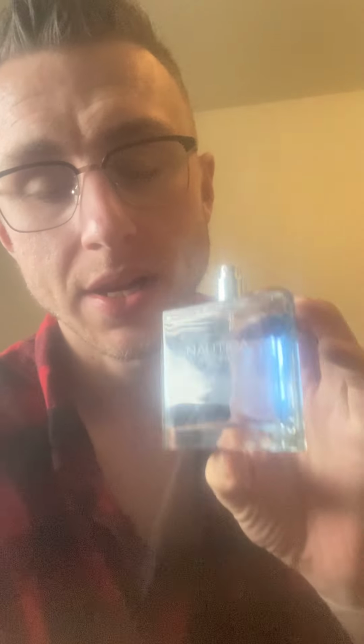This is one of the first ones I've had in my collection. It's a good one, and you can find it right under $20 or a little under. And it's got decent performance. This is a summer staple. If you want something that's going to perform in the summer very well, this is a good one. And I would say this would be a good one for out of the shower in the mornings. It's uplifting, it's energizing, and it's a good fragrance. The next one,